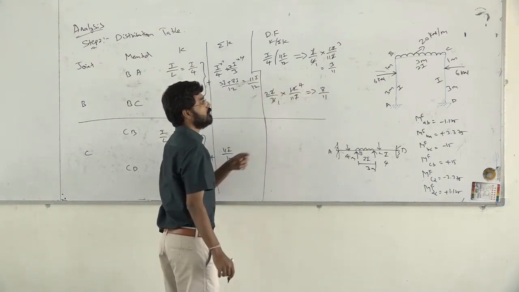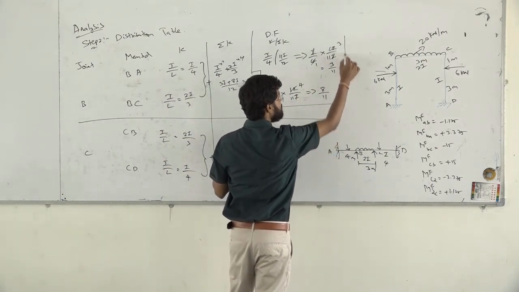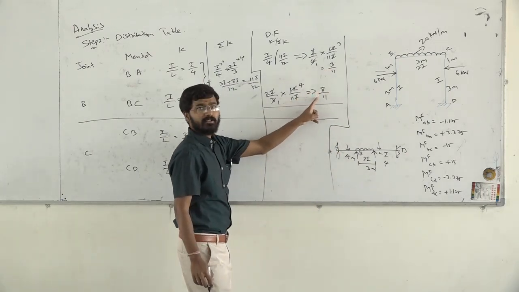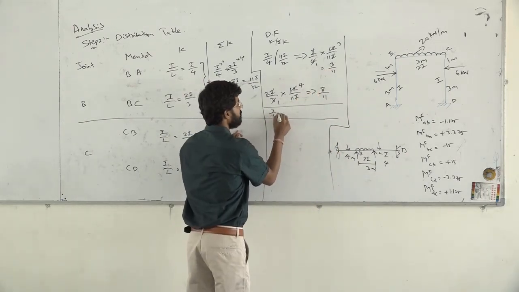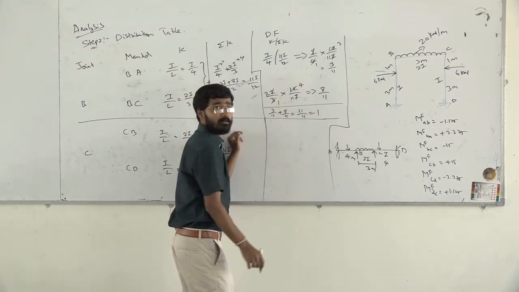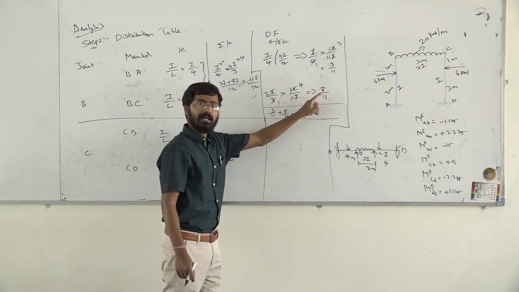If it goes, we have 8 by 11. Now here, as I have already informed you in your last class, whenever we see such a type, 3 by 11 plus 8 by 11, you have to add. So 3 by 11 plus 8 by 11, if you add, is equal to 11 by 11, the answer should be equal to 1. Whenever we get the answer as 1, then this is a check, the answer is correct.